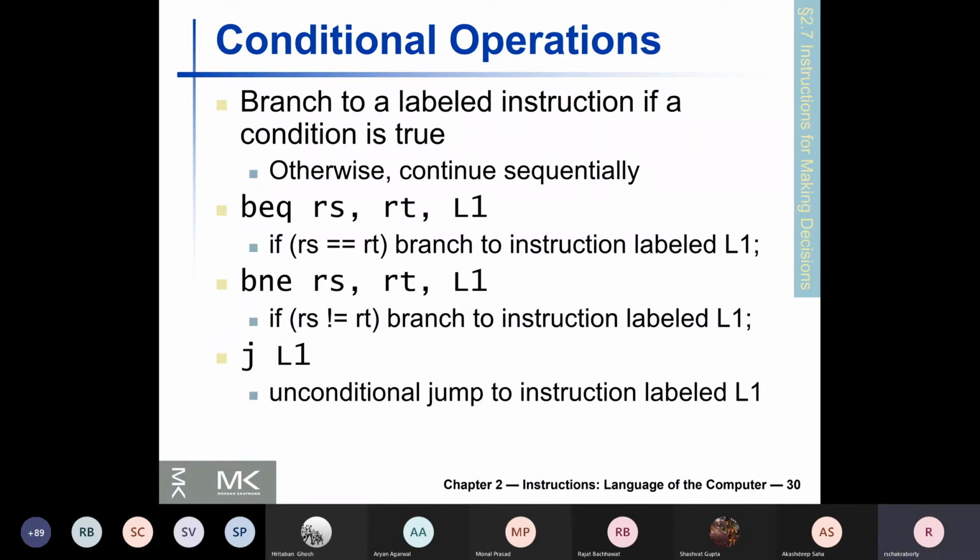Branching in MIPS or any other assembly language programming essentially follows the go-to syntax of the C programming language. In fact, the go-to construct of the C programming language is a copy of this assembly language branching. It's not the reverse, that from C it has come to assembly language. It existed in assembly language programming before C, from which C borrowed it.